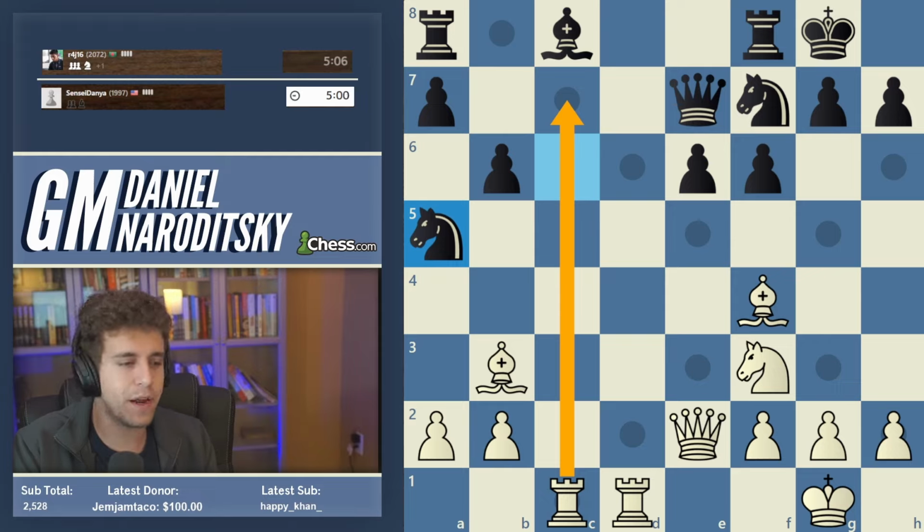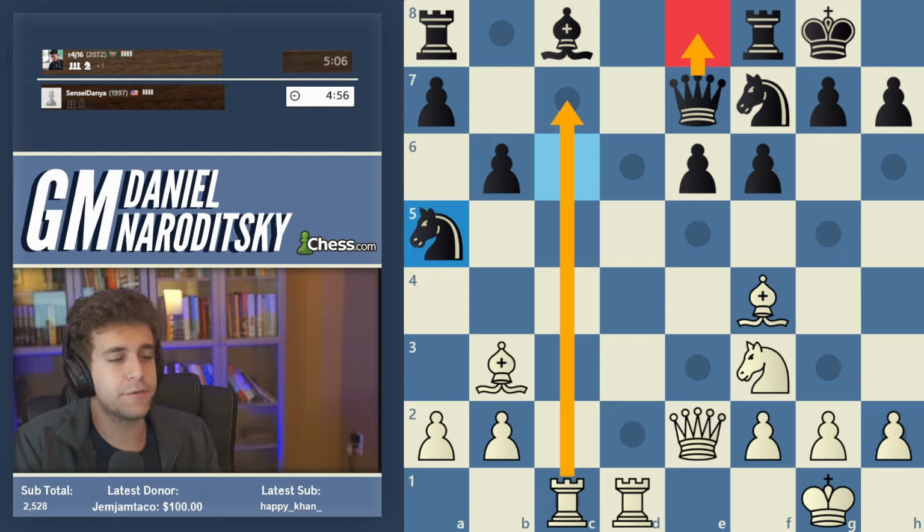But let's not stop there. What happens after rook c7? Does this win the game? No, black plays queen e8. Rook c7, queen e8. And if you look at that resulting position very carefully, it's actually not obvious that there...